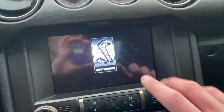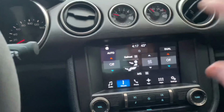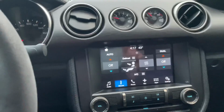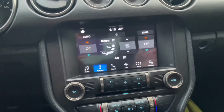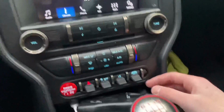You have the Sync 3 system here, so you see this nice GT350 loading screen. Sync 3 is pretty much the same across every Ford that comes with it, so there's no real differences here. This does have the navigation package. It also has a really nice sound system. I don't know why you would want to listen to the sound system when you can just listen to the engine. Speaking of engine, this car has an active valve